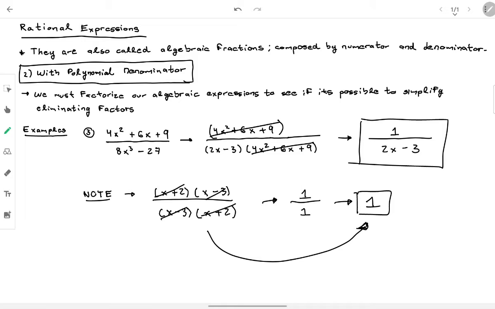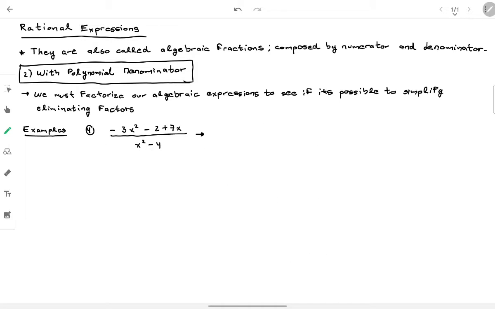So let's see another example. In this example, the one that we have in the numerator, we need to order it in order to check if it's an ax squared plus bx plus c trinomial. So if we order it, we need to look for two numbers that when multiplied give plus 6, minus times minus, 6x squared. So it's going to be minus 3x squared. Then it's going to be plus